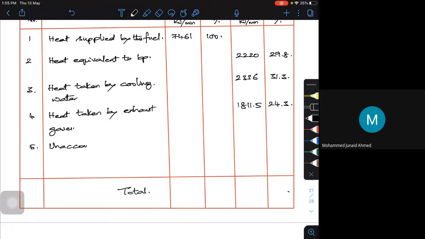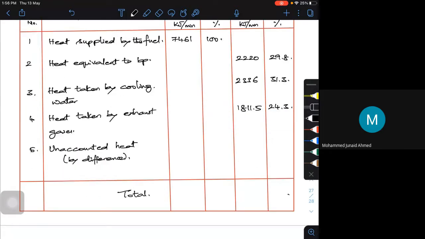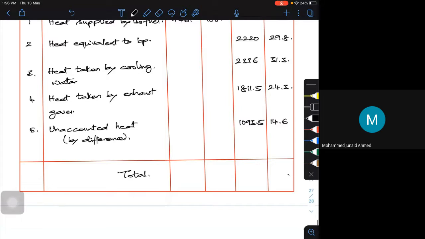Last one, unaccounted heat, which is by difference, around 1093.5. Roughly I'm getting around 14.68 or 67%. So if I add it up, this will be 7461, which is 100%. If you add up everything, it has to be nearer to 7461, and this should be 100%. So that's how you have to draw the heat balance sheet. Add up everything on the side, which is the energy that is spent,